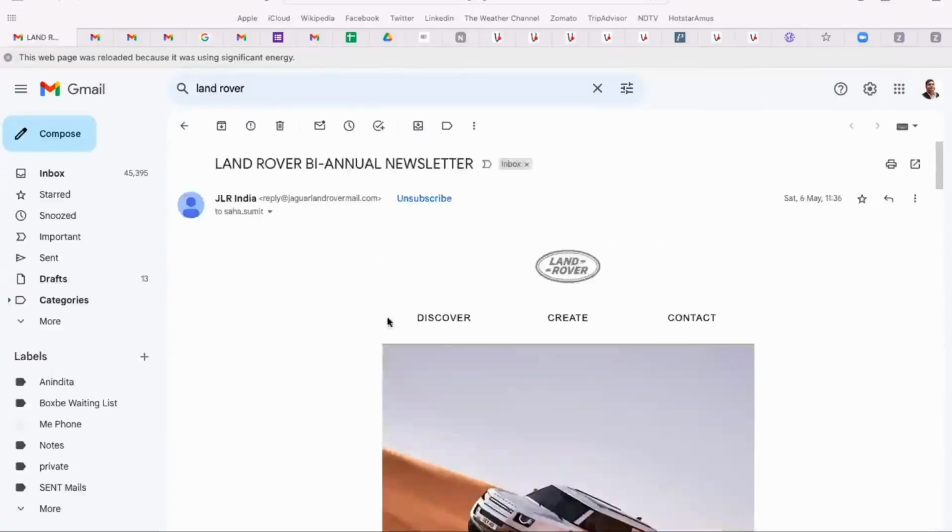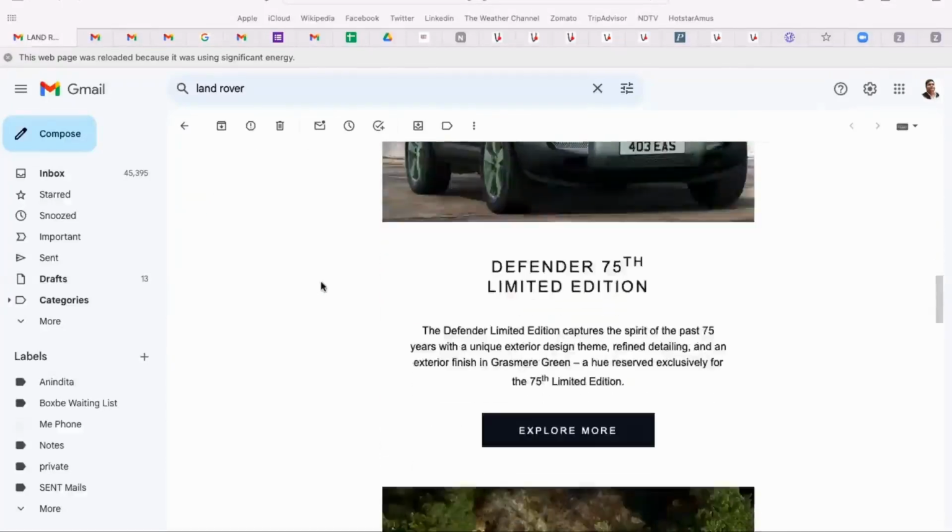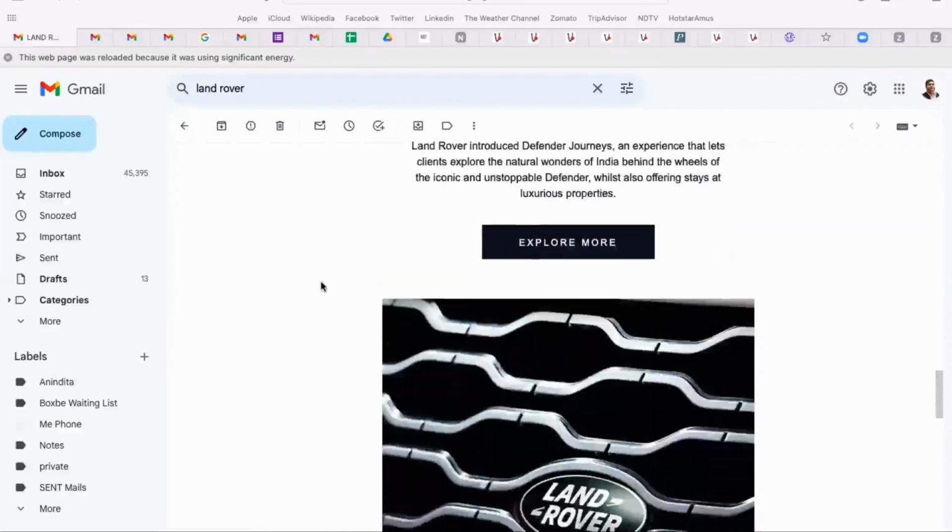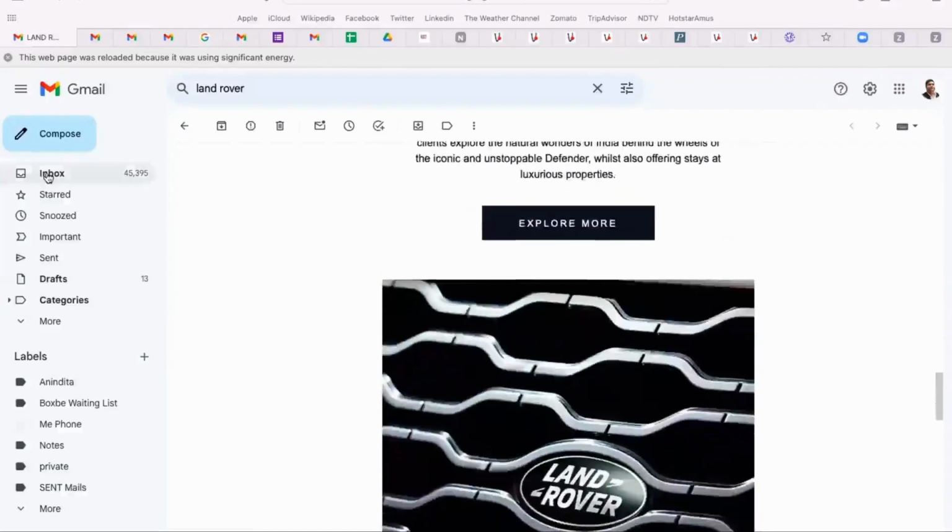So if you see, it is the email ID. If you see that reply at Jaguar Land Rover mail.com, it is directly coming from Land Rover. And see, there nothing is mentioned, no reply. You can reply basically. If you want to do something, you can reply to this mail. So this is the direct way. If someone is interested, they can actually reply to this mail, and their salesperson, sales executive may be in touch